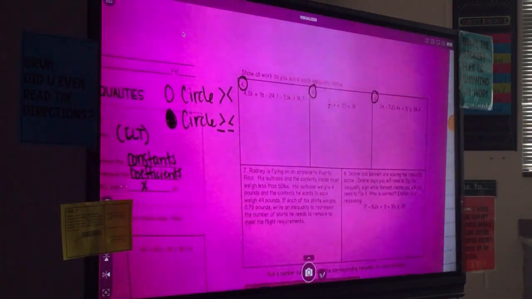It's greater than or equal to. The other